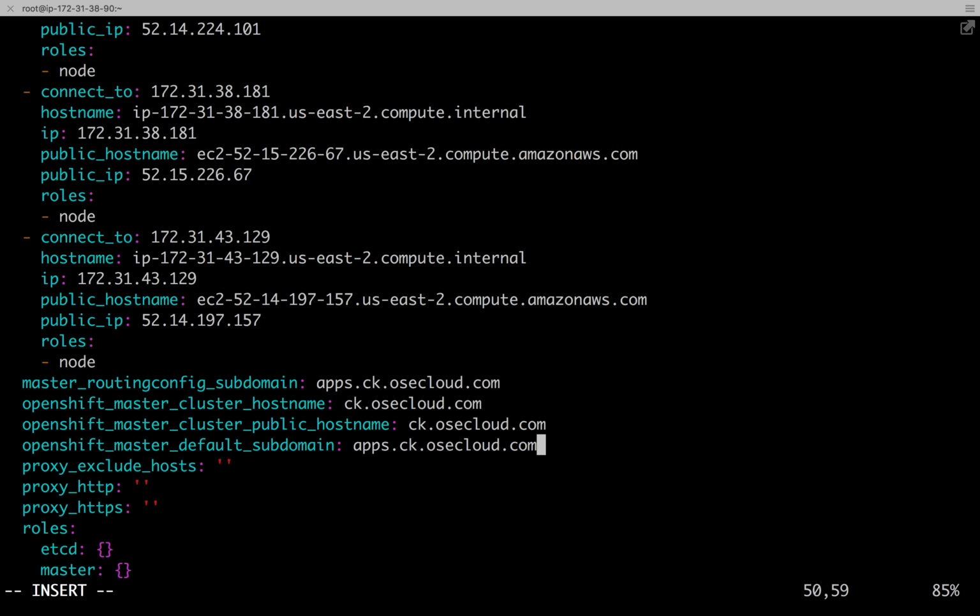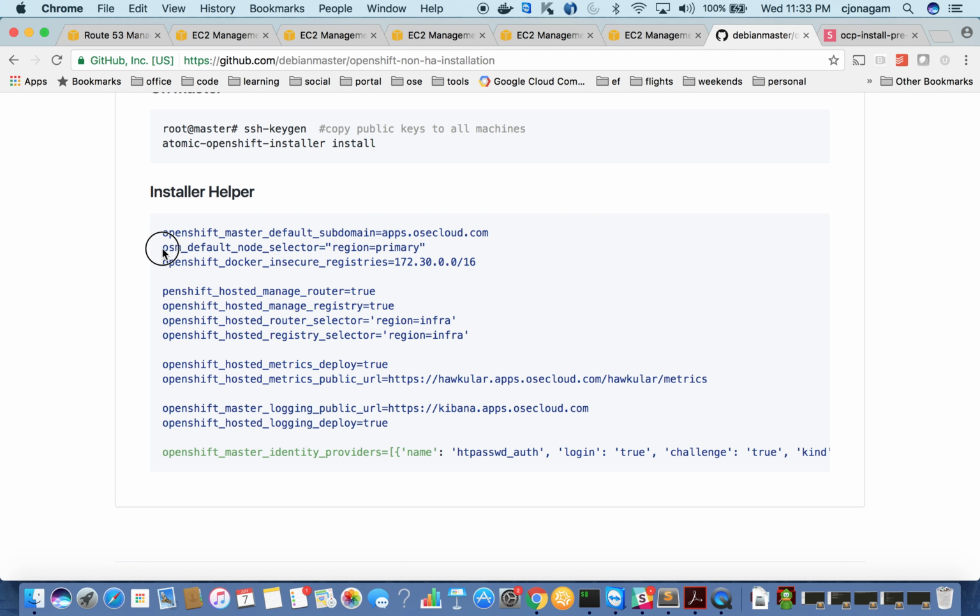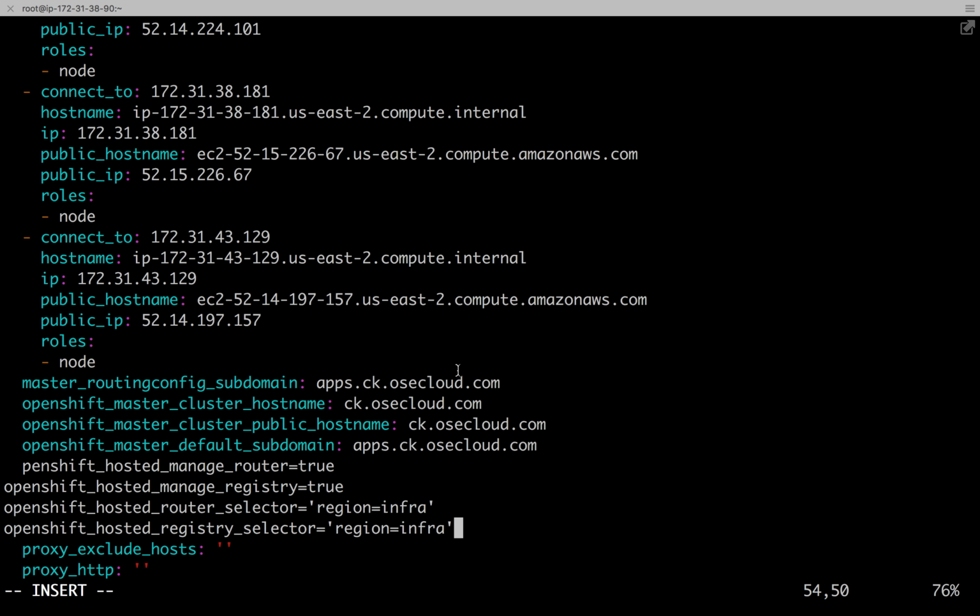ck.oacloud.com. And then the node selector. This is more of, if you want to have workloads defined only on some sets of nodes, you basically choose this. For now, I'm just going to skip that. This is what I'm interested in. There is an O missing here. Just be careful. So instead of equals to, I have